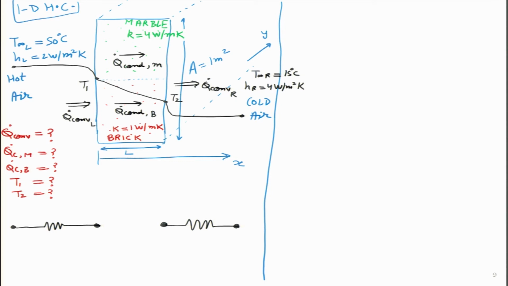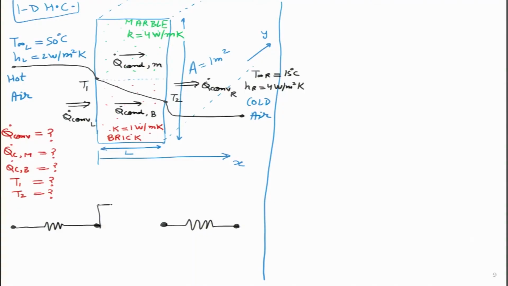Now comes the interesting part. So, some part of the heat is actually flowing through the brick in this way, and then some part of heat is flowing through the marble, and they are independent of one another. So, what does that remind us of? It is probably not series, so it has to be in parallel. So, we will put it over here because one can operate independently of one another. So, now things become much more interesting. And let me put some arrows over here. So, this is how the current or the heat transfer is actually flowing.